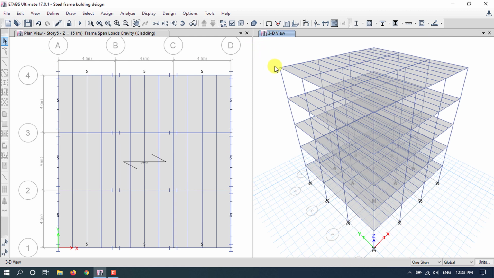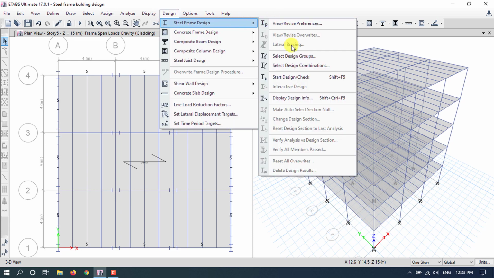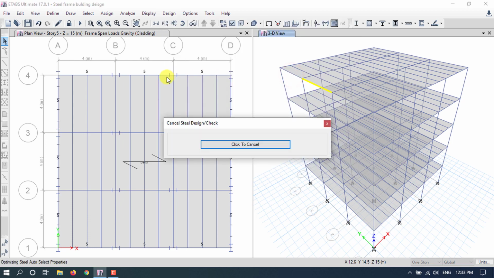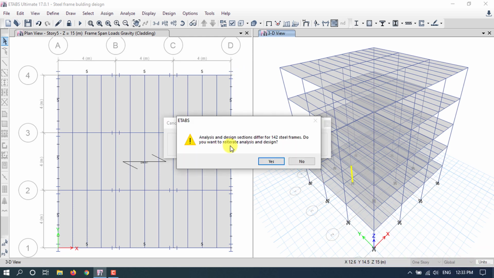After that friends, let's design the steel section here. For that, go to design and go to steel frame design and go to start design check. It takes some time. Here analysis and design section differ for 142 steel frames.